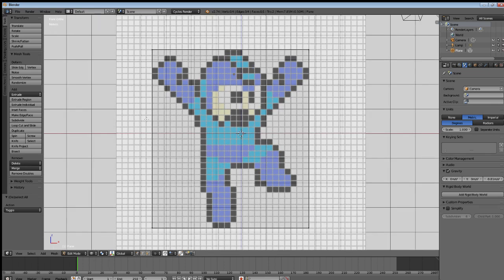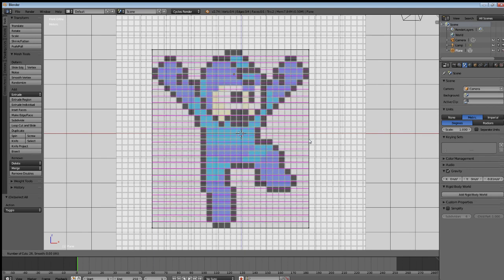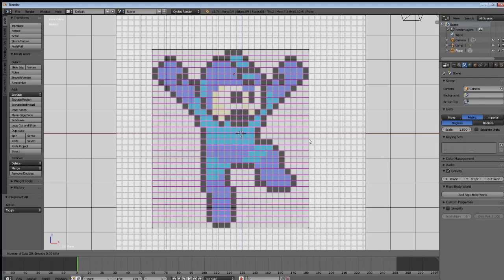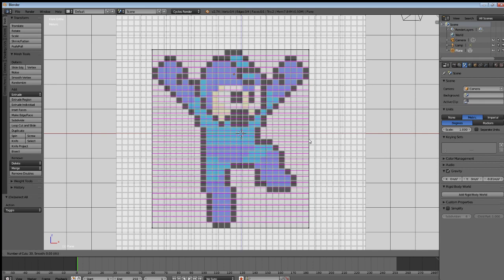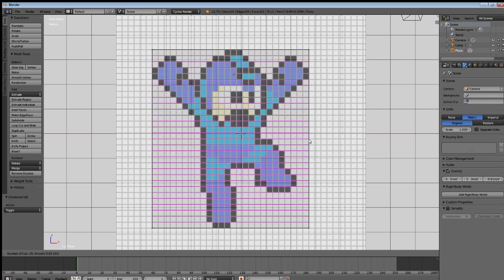Now we just need to actually do some loop cuts, and I find it's easier to do loop cuts than it is to try and figure out how many times you can subdivide it. So let's go to our loop cut, and we're going to go crossways, and we're just going to start using our mouse wheel to increase the number of loop cuts, and we're going to do that until it lines up perfectly with the grid, which seems to be right there. So for this one I am using 29 cuts,